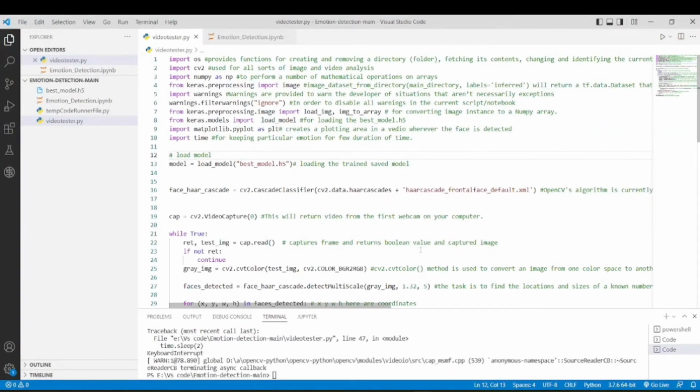Now this is the program code we have written to detect the emotion. Here we have used the OpenCV library to detect the emotion, and we have used a Keras training model which was available on the internet.